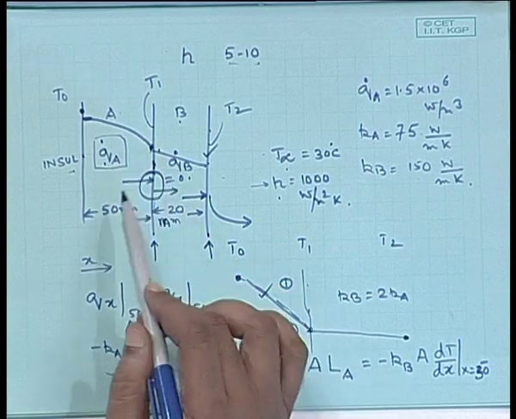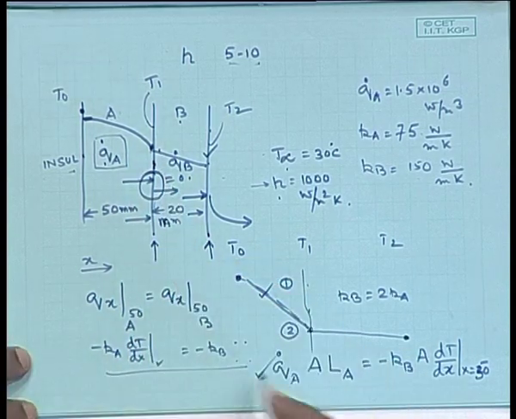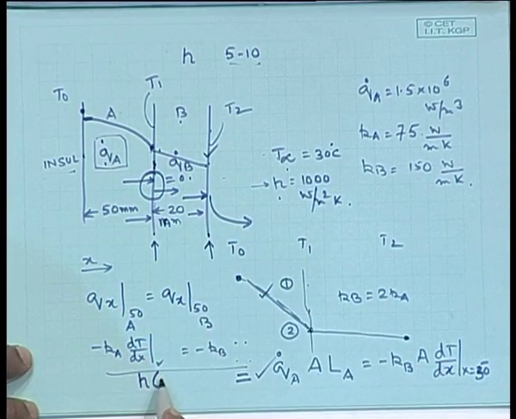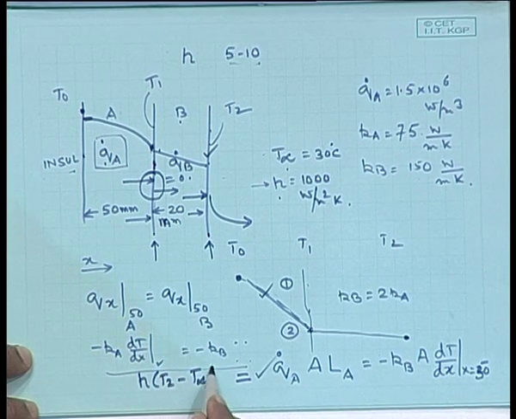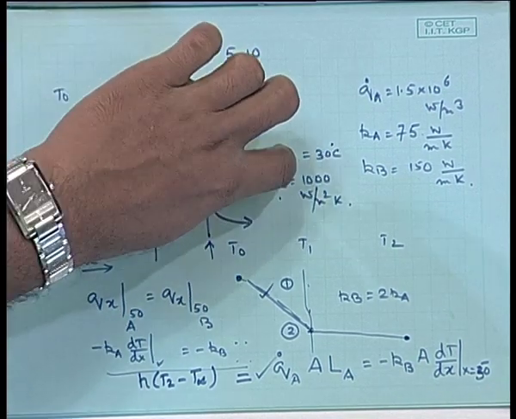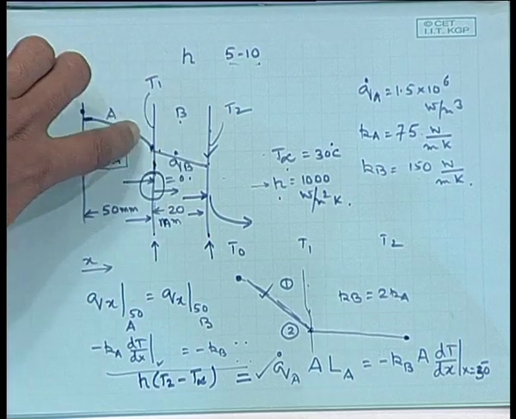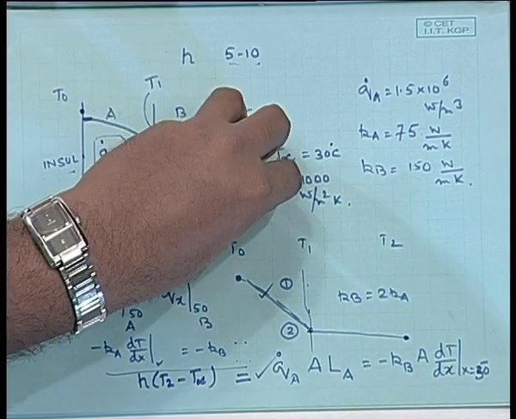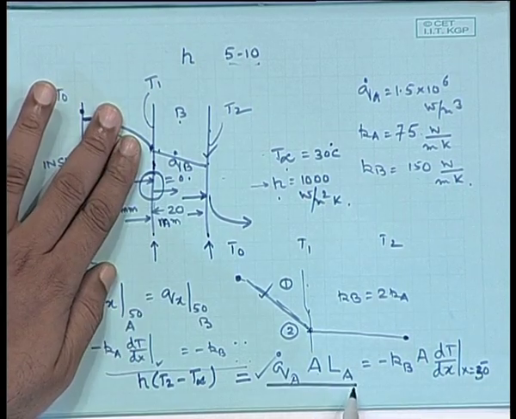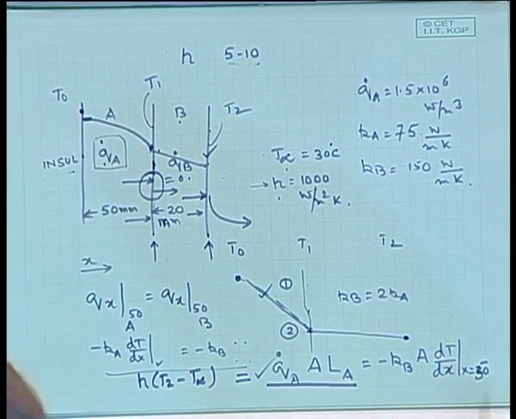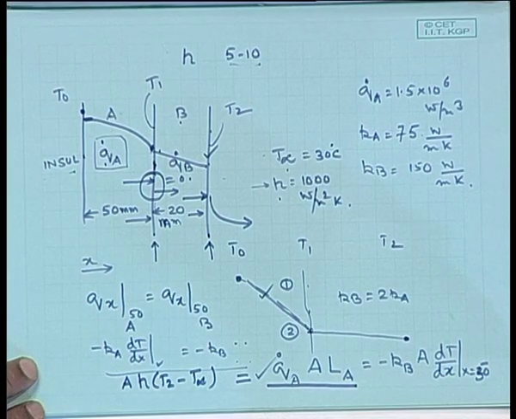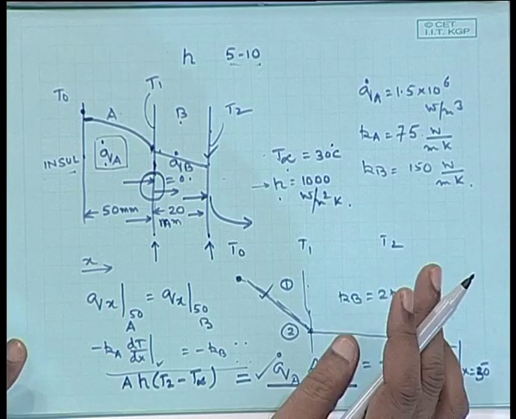in terms of total amount of heat generated? Okay. So, this should be equal to again the convective H times A times T2 minus T infinity. All right. So, total amount of heat generated in A is being convected out, because nothing is happening in B, it simply passes the heat to the next segment. So, total amount of heat generated in A, which we have identified as q dot A times A times L A, should be equal to H times A times T2 minus T infinity. So, that is another condition which you may have to use.